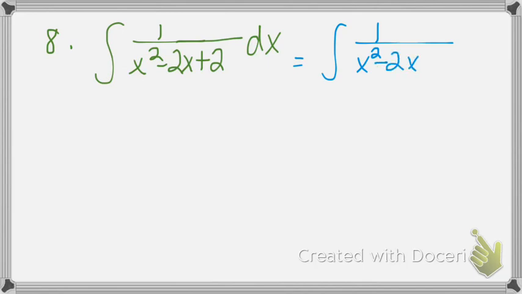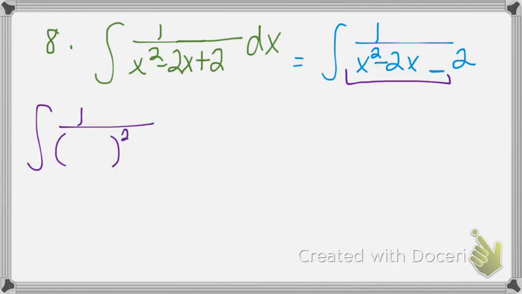You separate what's going to happen here. We're going to add something in here. What we want is to be able to factor this into something squared. So what you do is you take half of the middle term, which is 1, and square the 1. That's 1. That means we added 1 to make that work. Well, if we add 1,